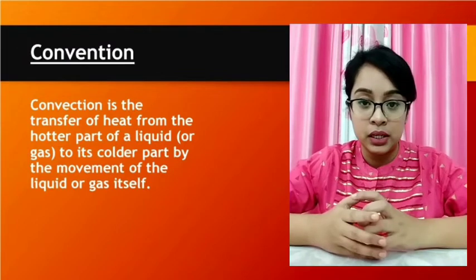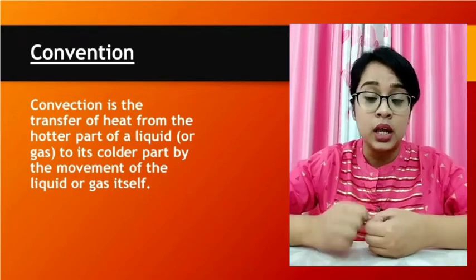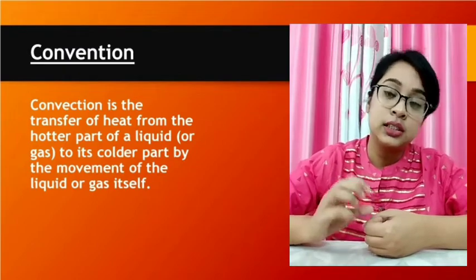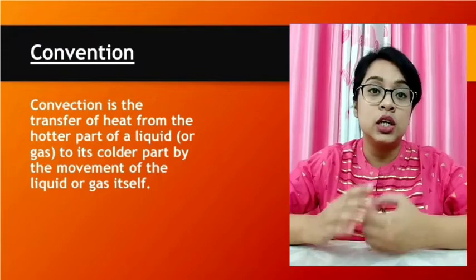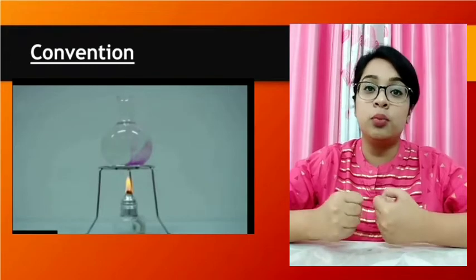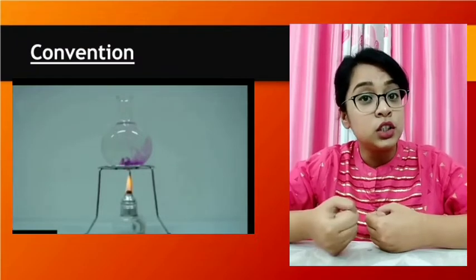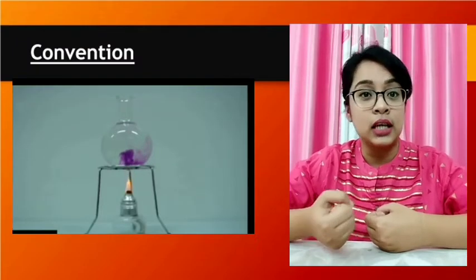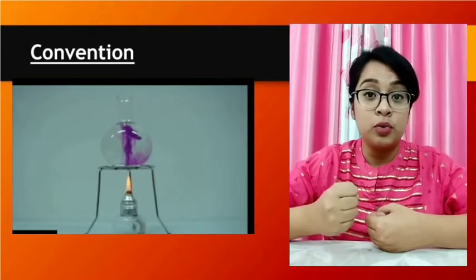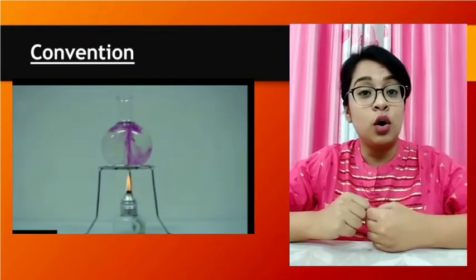Whenever we keep a beaker on the flame, what happens? The water gets heated up. In this activity, we have taken some potassium permanganate crystals in the beaker and now we will heat it. Then what will we find? When a beaker containing water is kept over a burner, the water at the bottom, near the flame, gets heated, expands and becomes lighter. This hot water, being lighter, rises upward and carries heat along with it. The cold water from above, being denser, sinks downwards to take the place of the hot rising water.